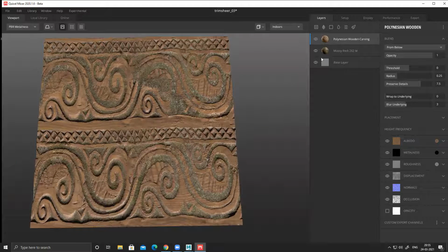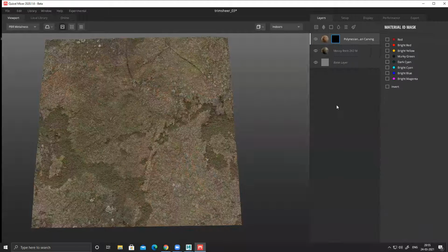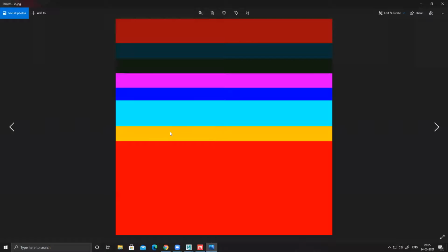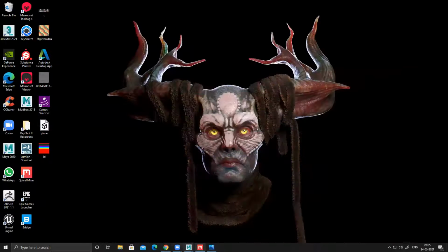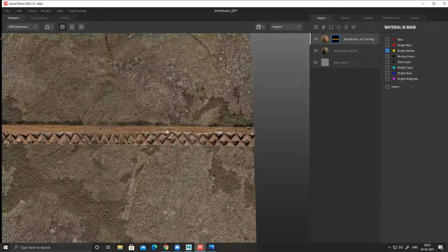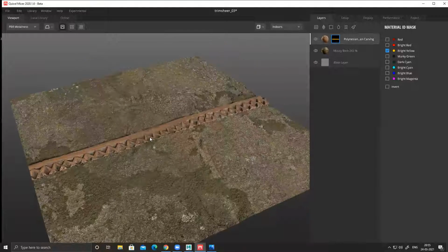For this section, I want this wherever I have this section selected, not everywhere. So what I'll do is right click, add ID mask. That ID mask we have created. So I can say red was this main base part. So I can go and check where my map is. This map, this yellowish color, yellow in nature. So this one. The moment I switch it on, you can see it exposes that area only.